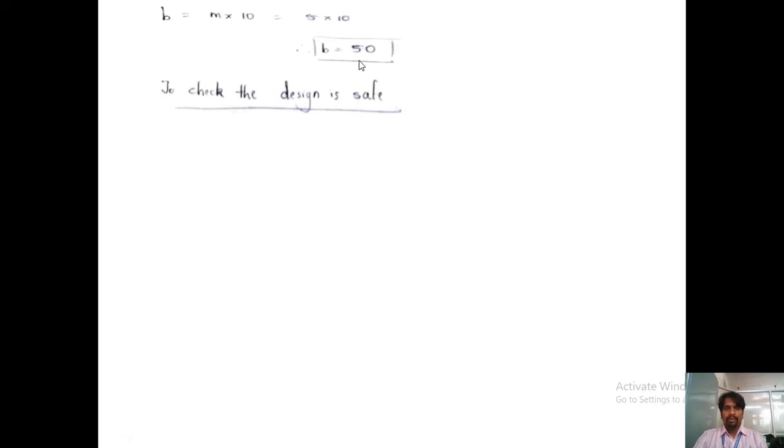To check whether the design is safe, we need to use the Lewis equation for tangential tooth load, which is given by sigma d equal to ft divided by cv b by m. That's the 12.5b equation. In this, if sigma d is less than the design stress, then the design is safe. If the value obtained is greater than the design stress, the design is not safe. We need to increase the module, again recalculate all these values, and check the stress.